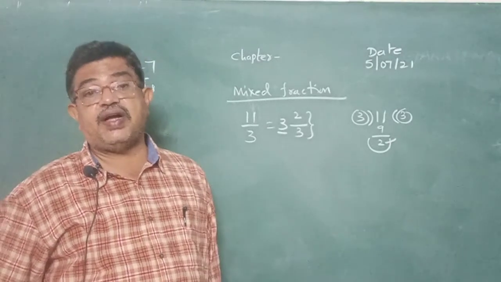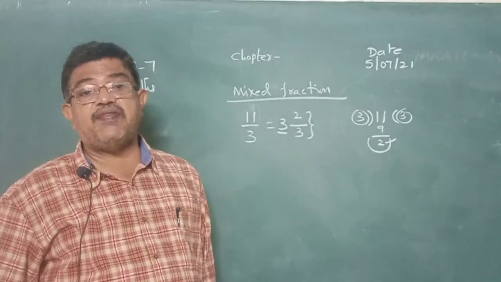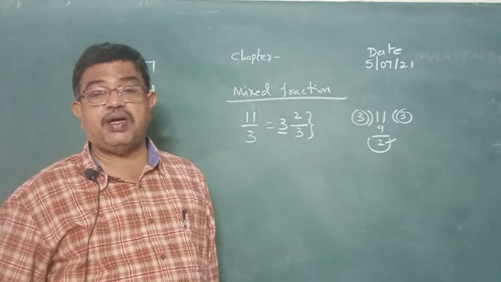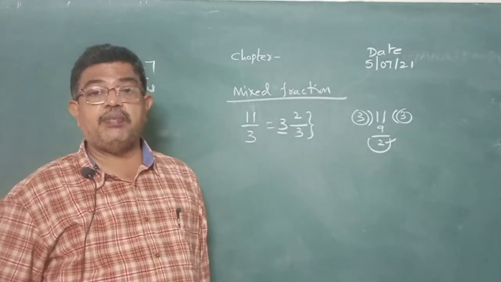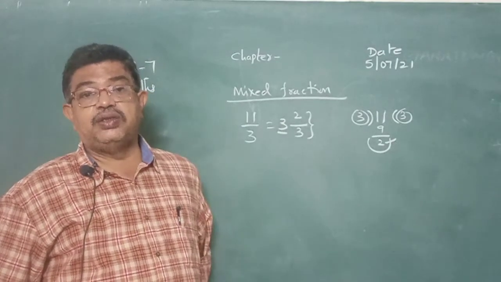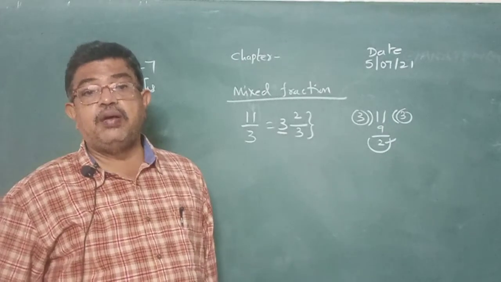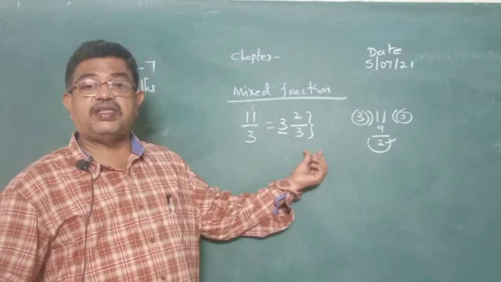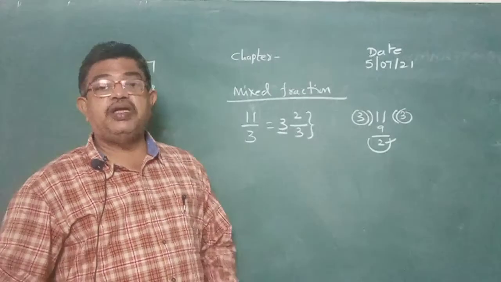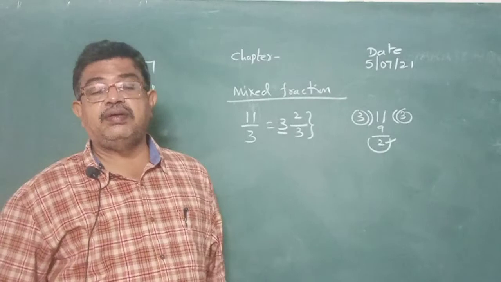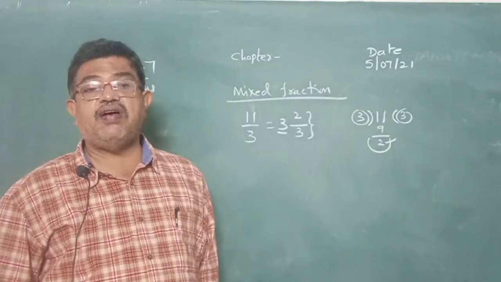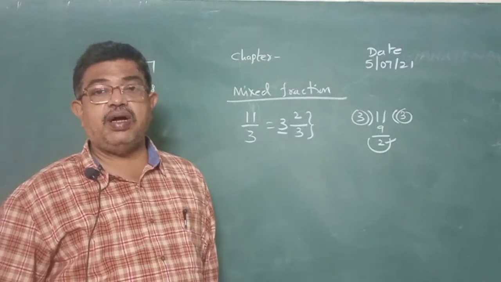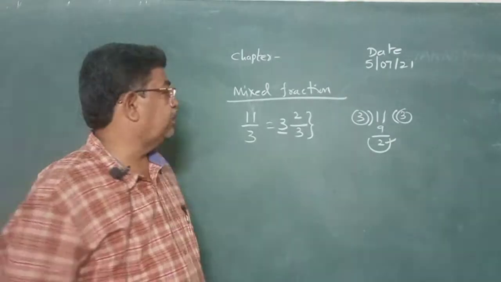How do you get a mixed fraction? Mixed fractions are obtained from improper fractions. By dividing the greater numerator by the smaller denominator, we get a whole number and a proper fraction. So an improper fraction is converted into a mixed fraction, which contains a whole part and a proper fraction. That is what is called a mixed fraction. A fraction consisting of a whole number and a proper fraction is called a mixed fraction.